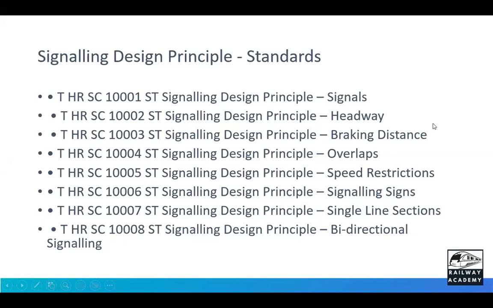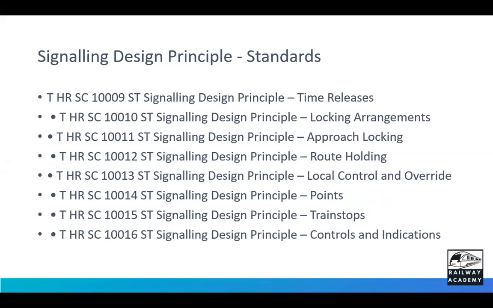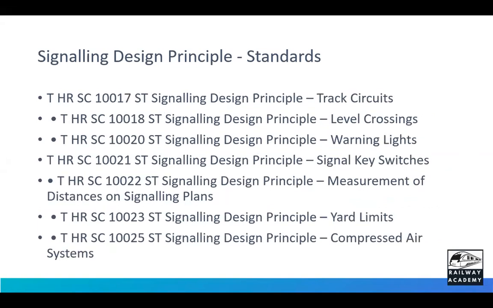No. So standard 1 signals, standard 2 headway, standard 3 braking distance, then overlaps, speed restrictions, signaling signs, single line sections, bidirectional working, time releases, locking arrangements, approach locking, route holding, local control and override, points chapter, train stops, control and indications, track circuits, level crossings, warning lights, signal key switches, measurement of distances on signaling plans, yard limits, compressed